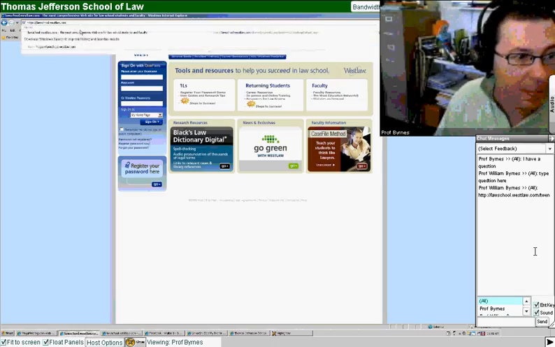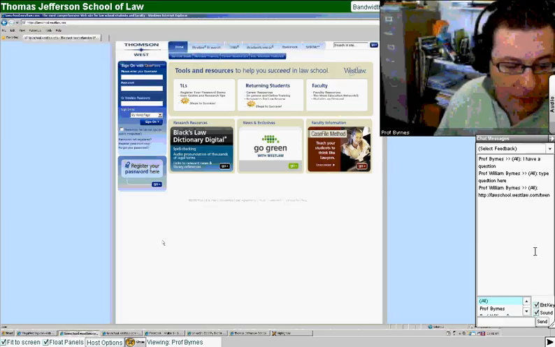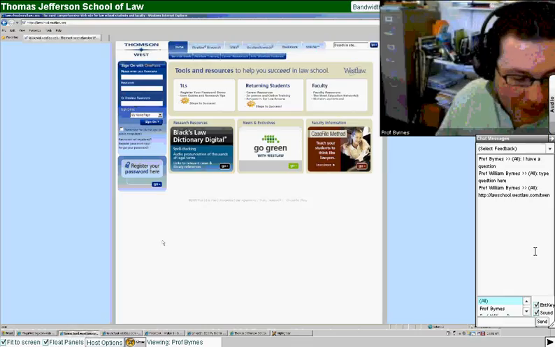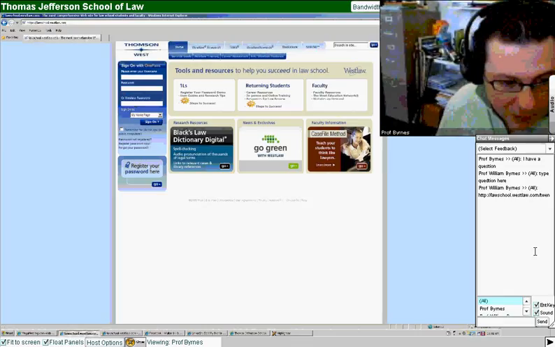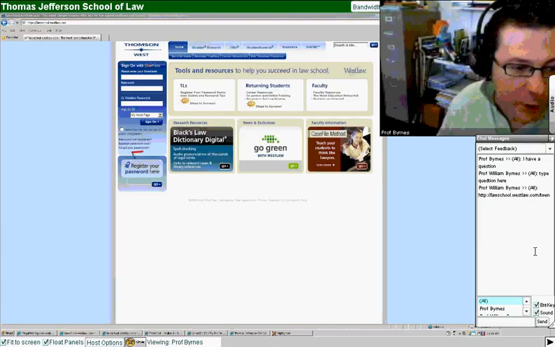And the first time you come into Westlaw with your Westlaw ID that Mr. Ross or the library has sent you, you have to register it. When you register it, the purpose of registration is to set up